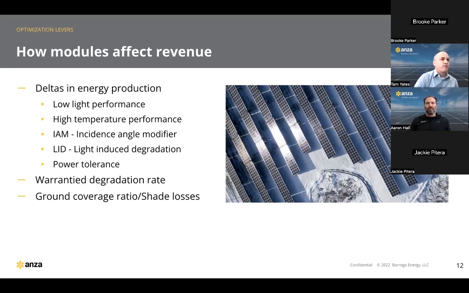All right, a few more things here on the revenue side. In addition to the performance characteristics that are captured in the PAN file, different modules will have different degradation rates. Right now, it's most common to see rates of either 0.5 or 0.45%. But those degradation rates can have a real impact on the revenue over the life of the project. And then the last point here